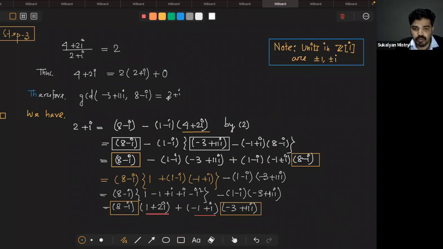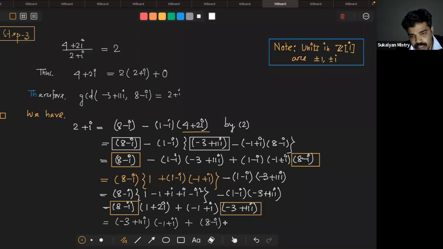Actually this is the GCD. এটা তো তোমার 2 plus i হচ্ছে এটা, ঠিক। So GCD of this is equal to এটা পেলাম, that is a x plus b y. দেখো x এর ভ্যালু হচ্ছে 1 plus 2i আর y এর ভ্যালু হচ্ছে minus 1 plus i. যদি অসুবিধা হয় একটু অ্যারেঞ্জ করে নিতে পারো। সো মাইনাস 3 প্লাস 11i ইন্টু মাইনাস 1 প্লাস i, ঠিক, প্লাস 8 মাইনাস i ইন্টু 1 প্লাস 2i, মানে এই টার্মটা আগে করলাম, এই টার্মটা পড়ো।